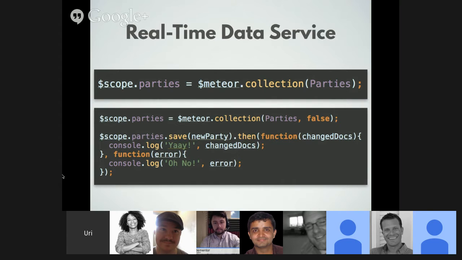It's just meteor.collection, call that service, and bind it into the parties. Parties on the right is the Meteor object, a plain Meteor object, and parties on the left is a plain Angular object, and that one line is the only thing you need to do to sync the data.